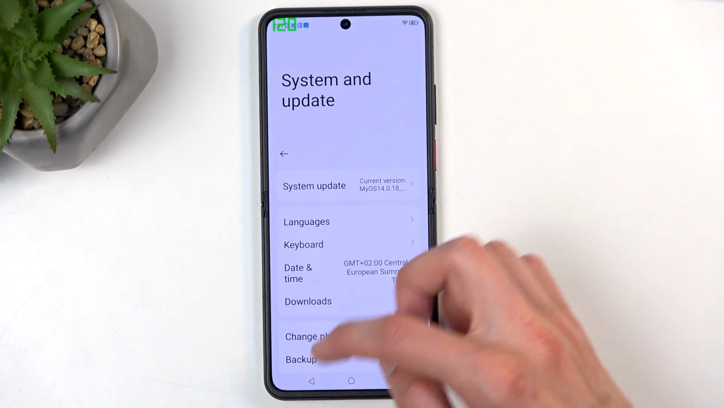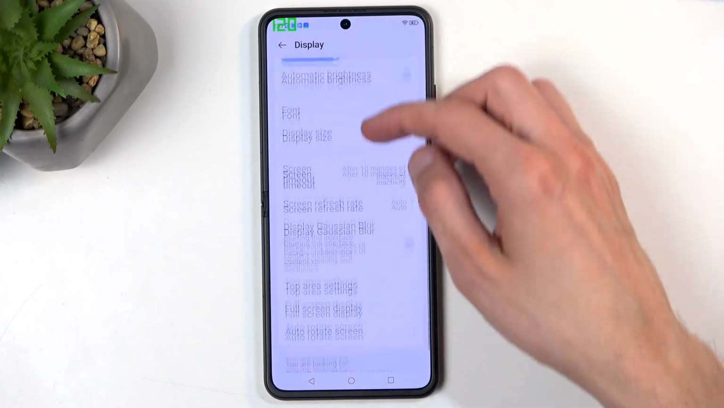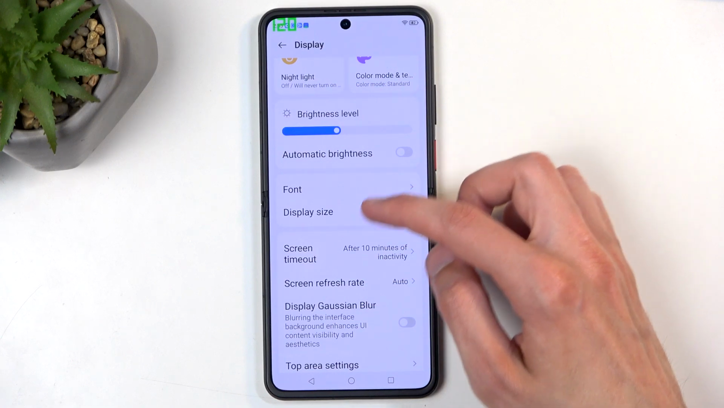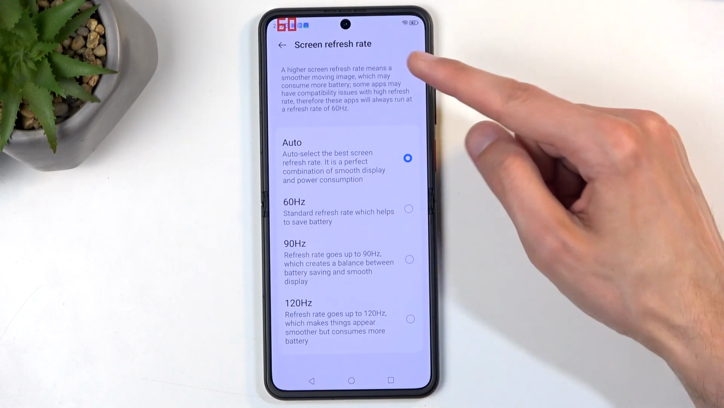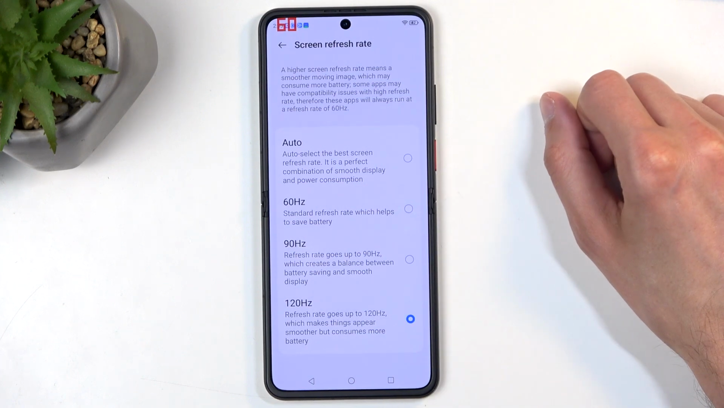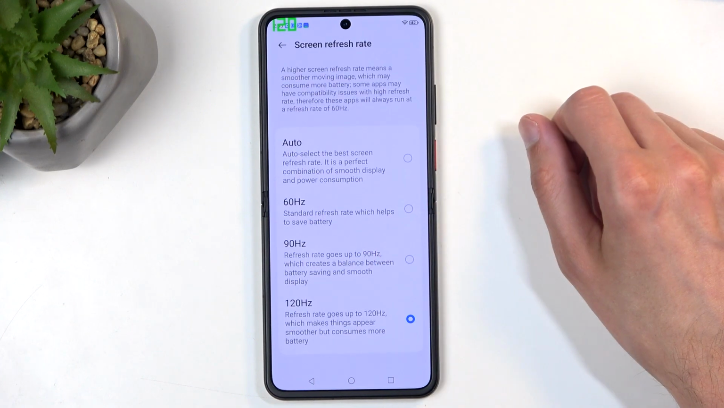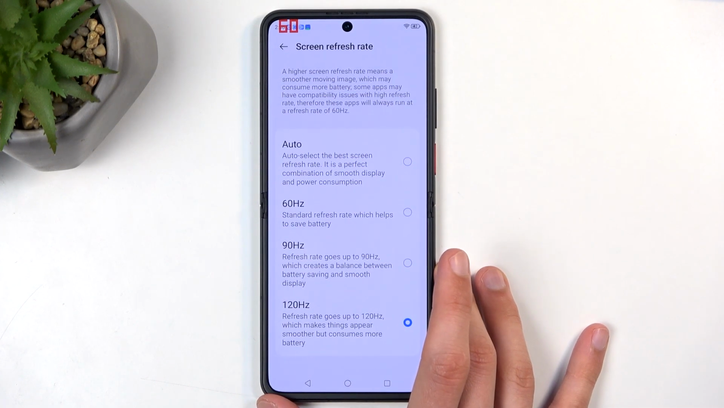So let's go back to the display. And we were right here. So with auto, it drops it to 60. Now let's see in 120. It does the same thing. Now, one thing that I want to point out from everything that I always observed with